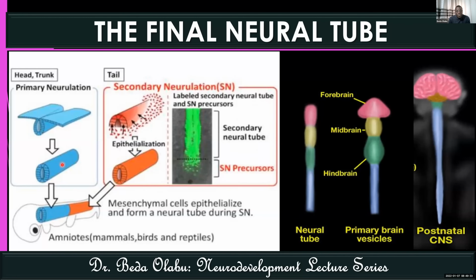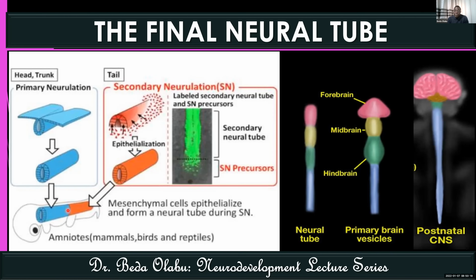So this is the final neurotube that has just been shown to you in the previous slide. This is the neurotube from primary neurulation. It is responsible for forming the cranial part. This is the secondary neurotube from secondary neurulation. It is responsible for forming the most caudal part of the neurotube. So that composite neurotube is a neurotube that has formed from both primary neurulation and secondary neurulation. This story happens in mammals, birds, and reptiles, and because you are a mammal, this story also happens in you. Now, in terms of the derivatives of the neurotube